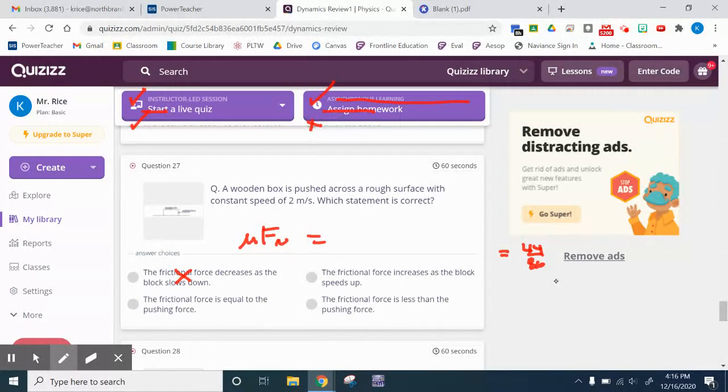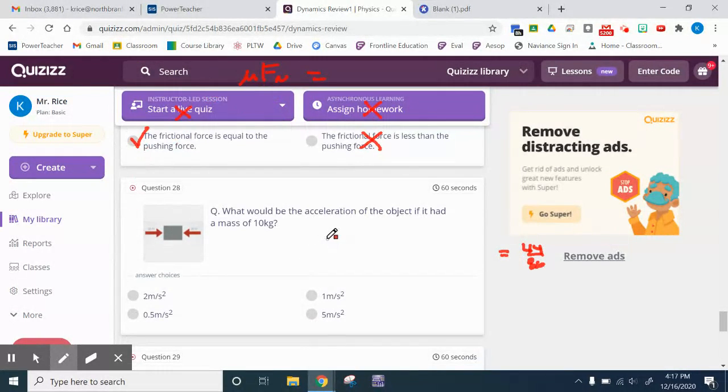The friction force increases as the block speeds up. Not true. Friction force doesn't change with speed. The friction force is less than the pushing force. What are we told here? Constant speed. So that means we are in equilibrium. So that can't be true. And finally, the friction force is equal to the pushing force. That is true. That's got to be true to create that equilibrium where the box does not speed up or